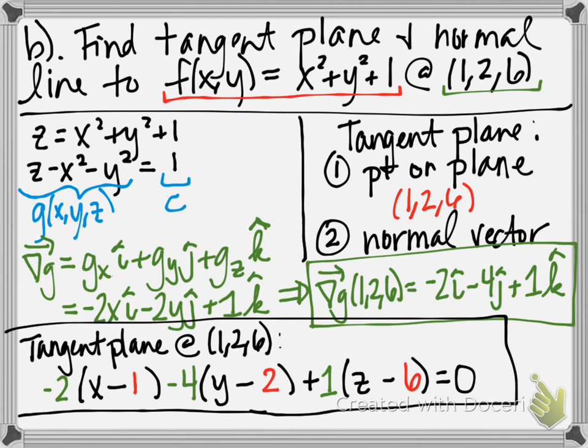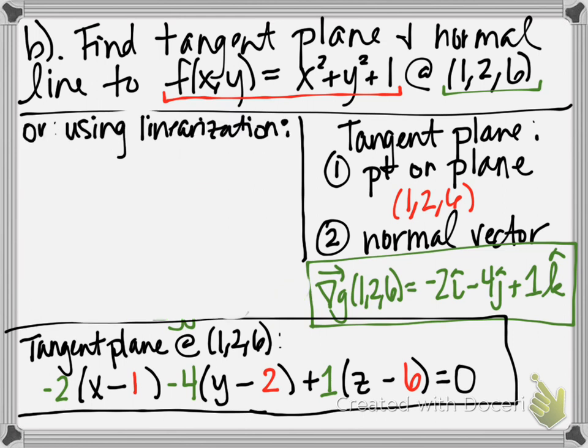Now, I want to point out that this is going to be the same plane that you get if you were to instead use linearization to get the tangent plane. So let me just show that quickly to see how you get the same thing. Remember, we can use linearization because this is written as a function of x and y, and so to get the tangent plane using linearization, we have that z is equal to L of x, y, which is just,